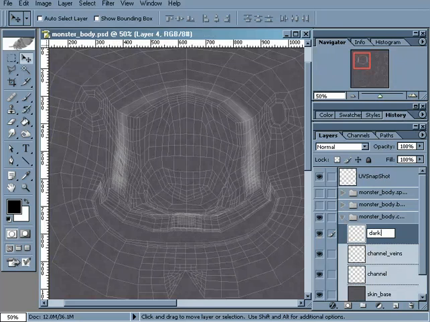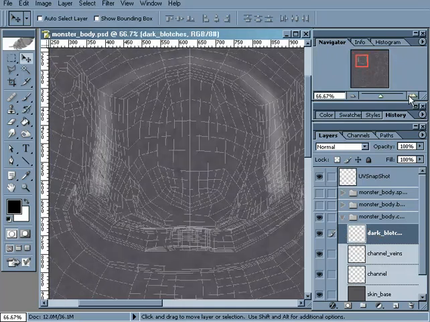And we can go ahead and just call this dark blotches, or just something to where you can tell what it is. Misspelled blotches here. Try that again. Okay, so we've got our new layer made,